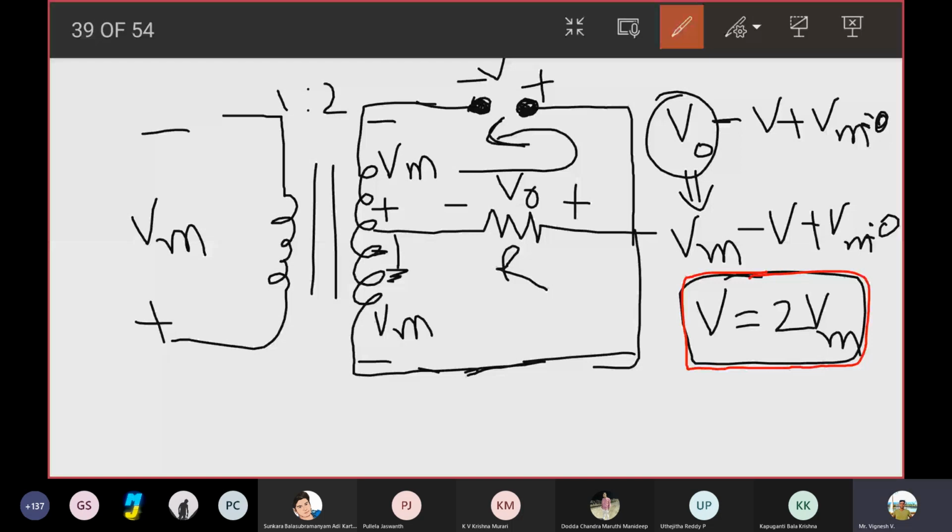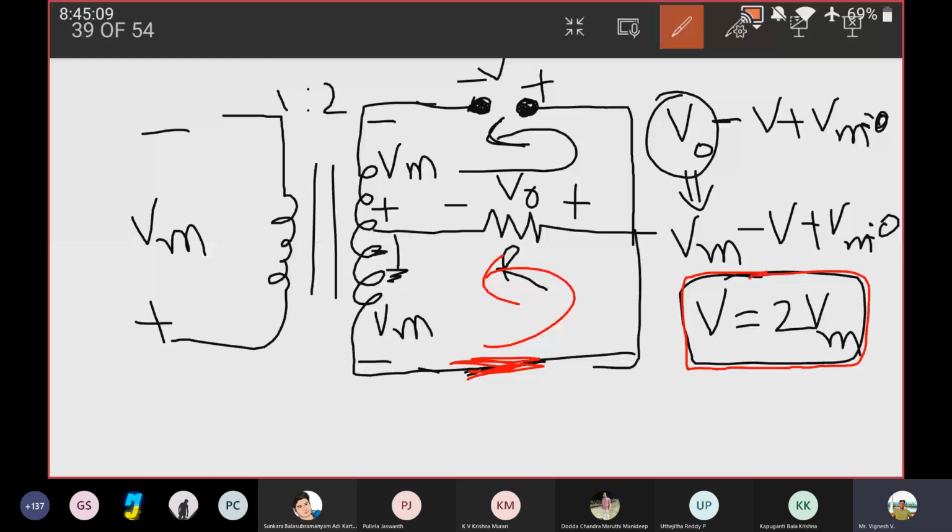It is straightforward because, see again, why are we not writing KVL in this loop? We are not writing KVL in this loop because this diode is forward biased. What is PIV? PIV is the maximum reverse bias voltage that can be applied across the diode before entering the breakdown region. It is the maximum reverse bias voltage. So you have to check which diode is reverse biased first, and then write KVL across that loop to find out